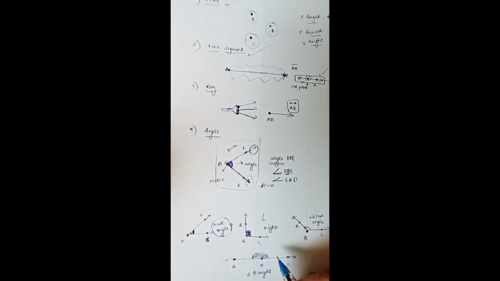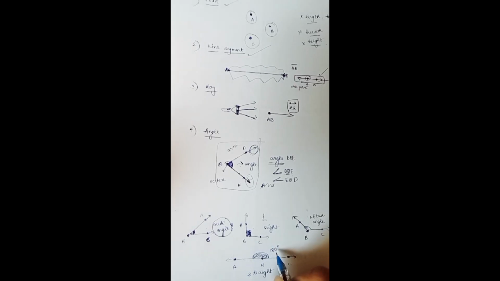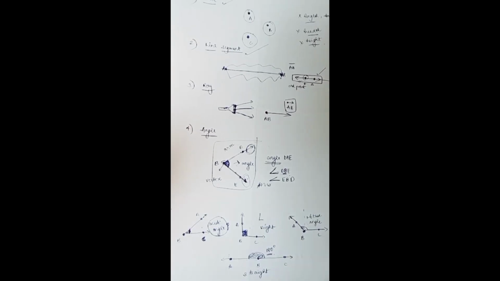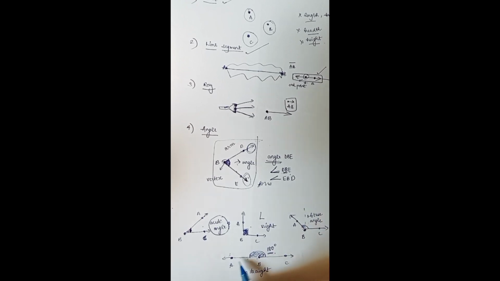Now there are various values for straight, right, acute as well as obtuse angle. For straight angle, the degree is 180 degree. You need to know the values. They are extremely important. Okay, so 180 degree. Right angle, okay. An easy trick to know the values of straight angle, right angle, acute angle as well as